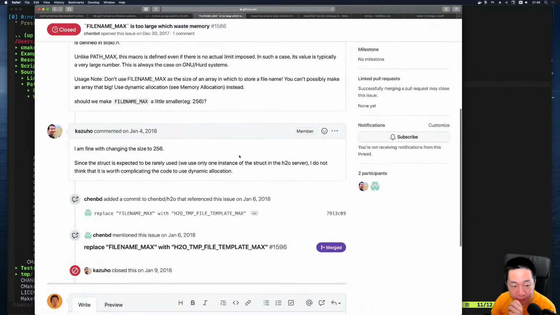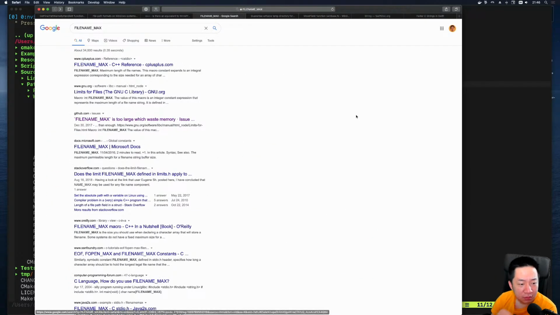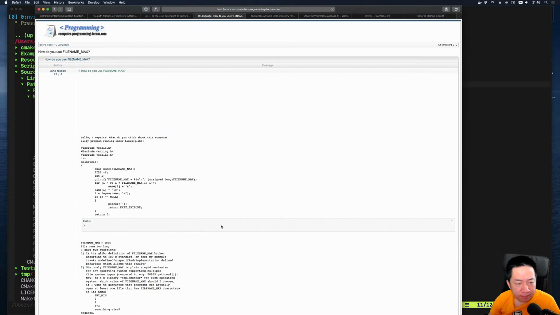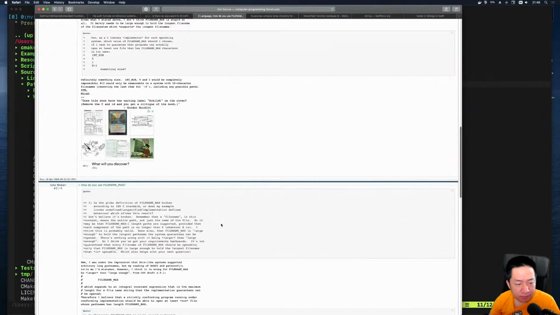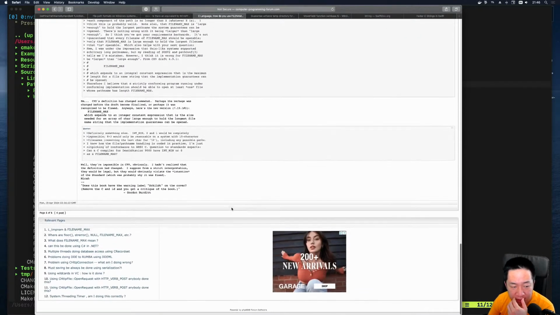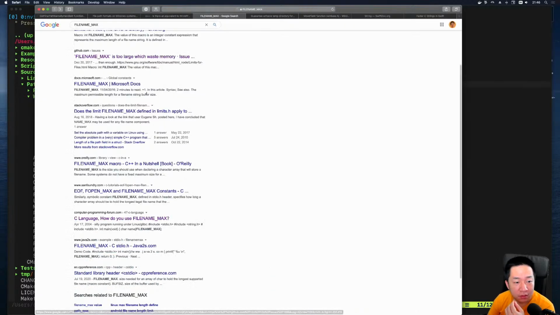Each path is 4K. Which is pretty interesting. Yeah, but you have to balance, I guess, between